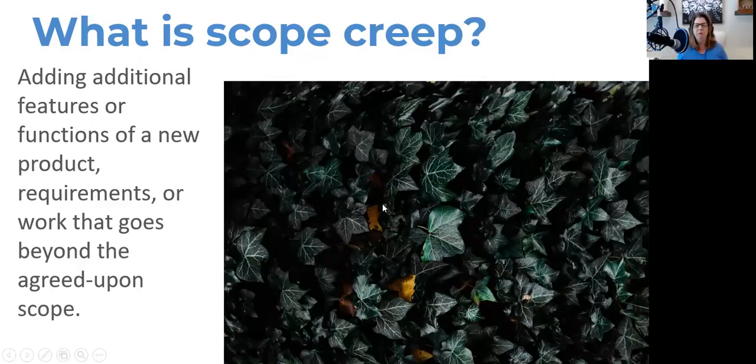So what is scope creep? Now, I live in Georgia. I've been here since 1984, but I grew up in Florida. So I've spent my entire life living in the South. And for those of you who are from the South or have ever driven in the South, you may have noticed this vine along the interstate. It looks like it's taking over all of the trees, all of the bushes, everything. And that's because it actually is. It's called kudzu. Somebody brought this plant in from Japan, I believe, and it has like taken over the South, I swear.